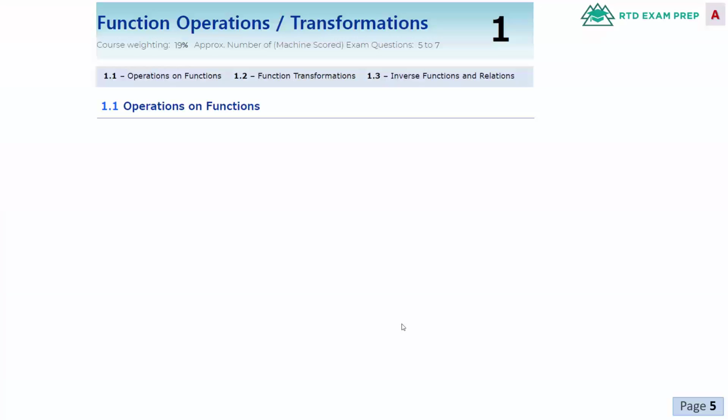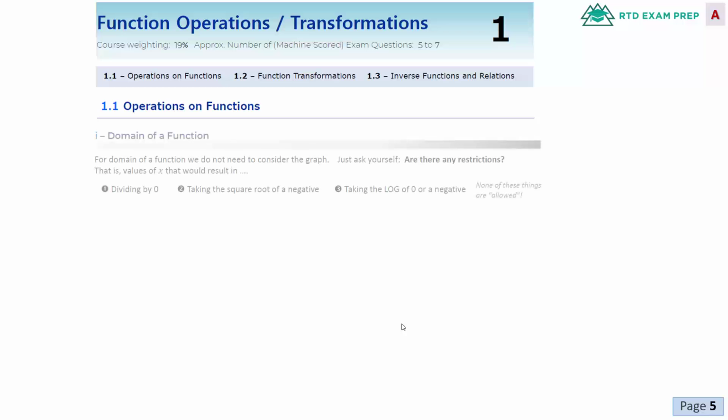We're going to kick things off with function operations and transformations. This unit makes up about 1/5 of the course and seems like a good place to start because it really weaves itself through most of the other units. Before we dive into operations on functions and have a look at domain, I want to tell you that in